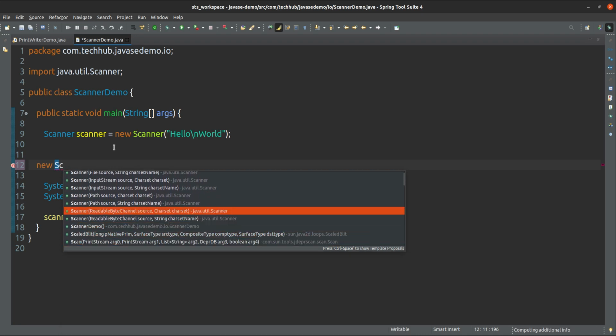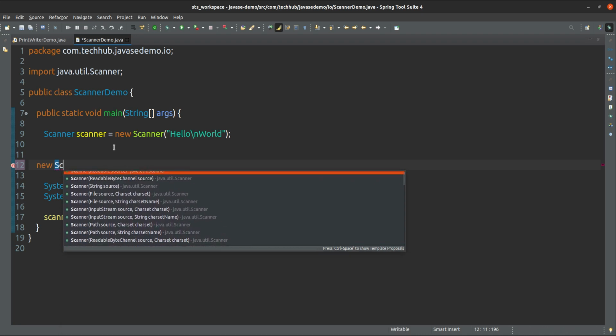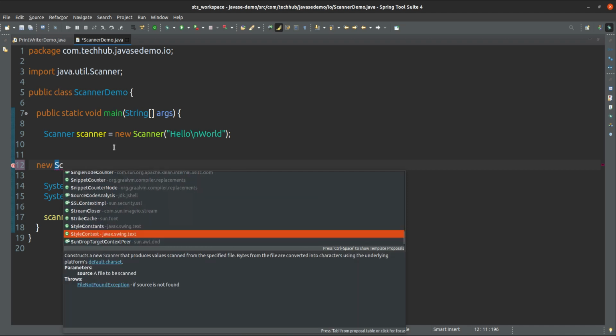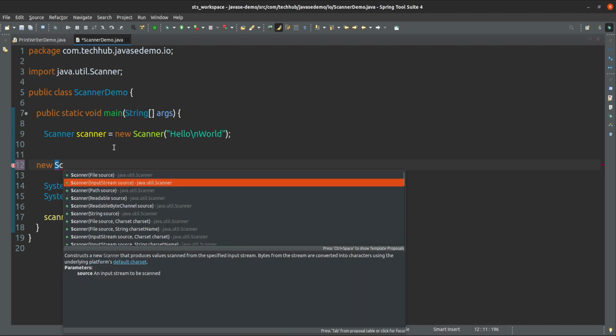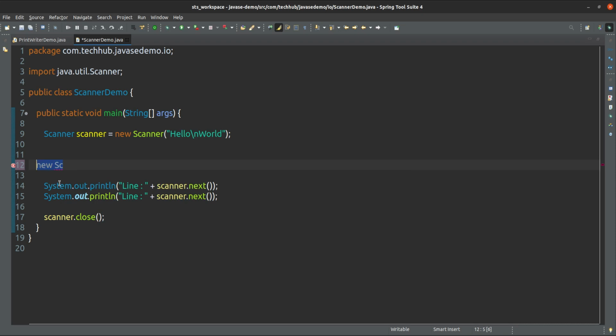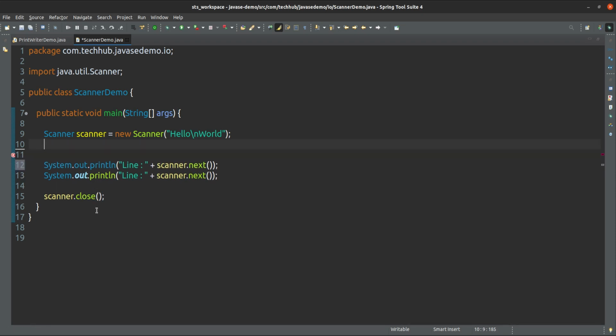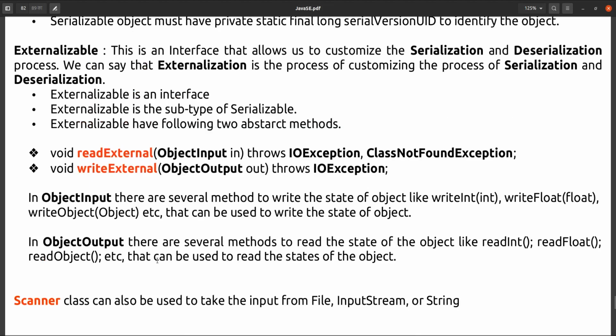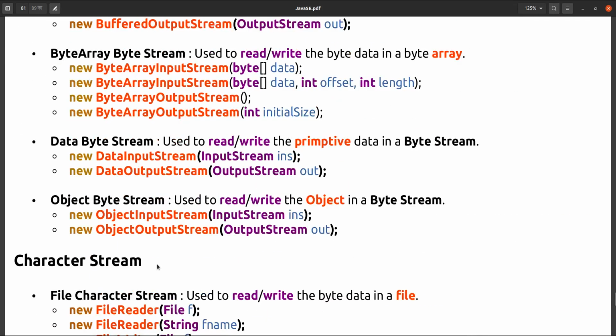So these many constructors are available. You can use a stream, yes, input stream is also there. So you can create this scanner, and using this scanner you can read the input. That is also fine.